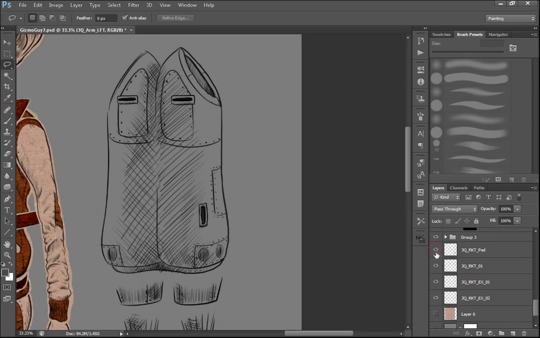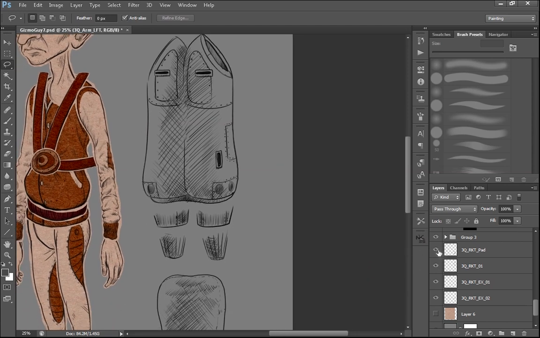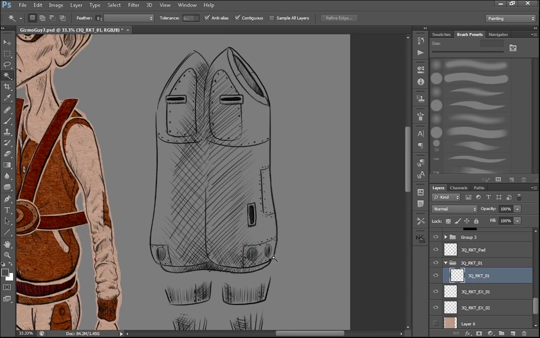So I have these layers that are just outline layers. So just zoom out here. And I have the cushion, the rocket pack itself, and then the exhaust ports. Okay, so the way I can start doing this is let's just focus on something interesting to start, which would be the rocket pack. I can create a group. I'll copy this name and I'll create a group, paste this, and then I can use either the magic wand,